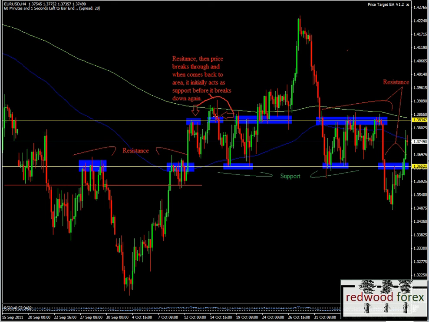Then we get this pin bar. When the pin bar breaks below the previous support, you can see it travels back to where? These previous highs. Now you can see how this kind of makes a roadmap. You can kind of predict almost to where price should go, and this is a very important thing to any Forex trader. So it bounces off here, comes back up, plays around with this area again, breaks on through,